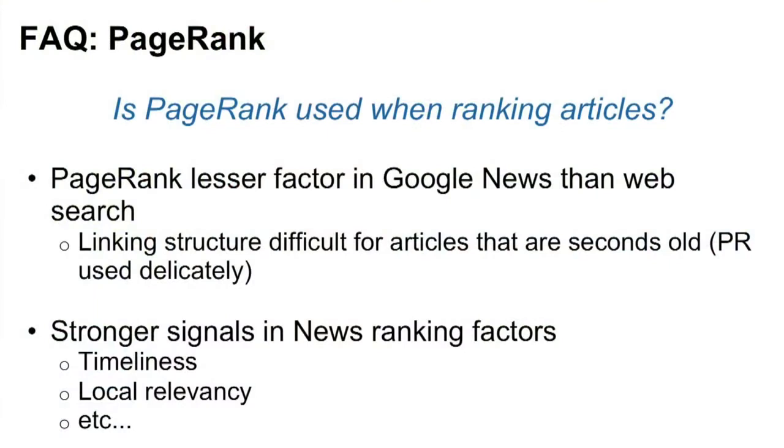So instead of using signals like PageRank, we actually use more signals like we talked about earlier, which is things like timeliness. Is it fresh and new? Or does it have local or personal relevancy? Those types of things. So now that we've covered how Google crawls and groups and ranks articles, and we answered some of your frequently asked questions, let's just